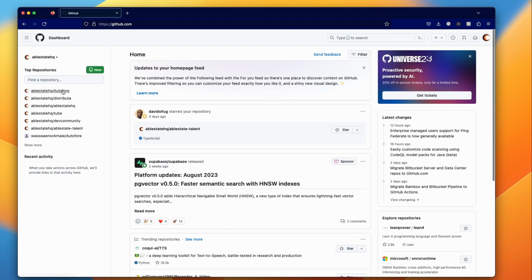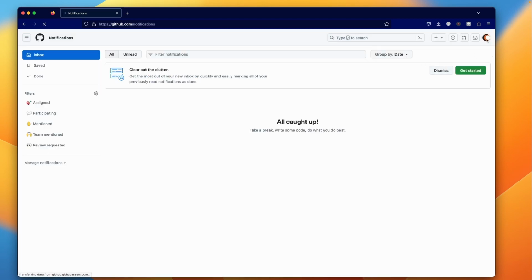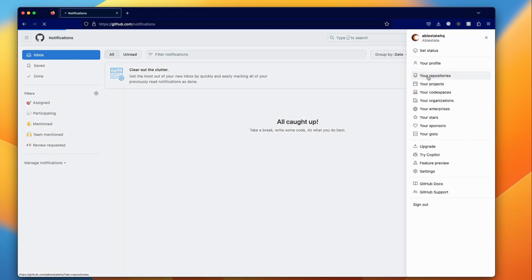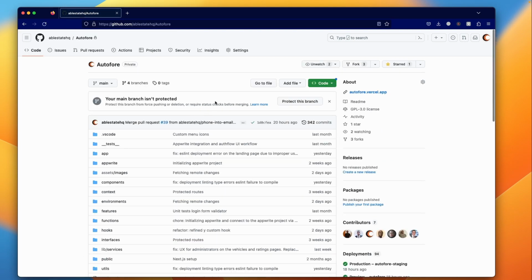When you go to GitHub, look for your repositories, which you can find here at the left sidebar. You can also find them around here. You click the icon of your account and then you can click your repositories, so you can see all the repositories. Now I'll click the Autofore repository, and here at the navigation menu, after the code tab, there is an